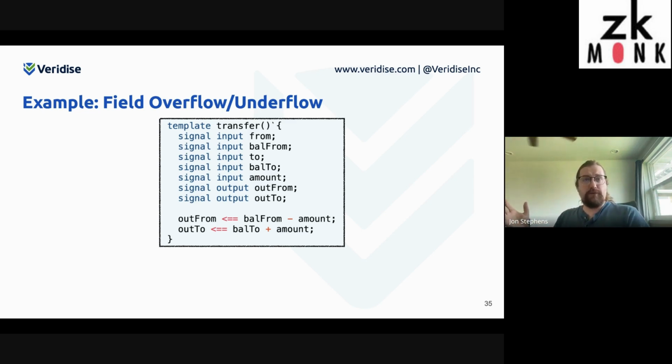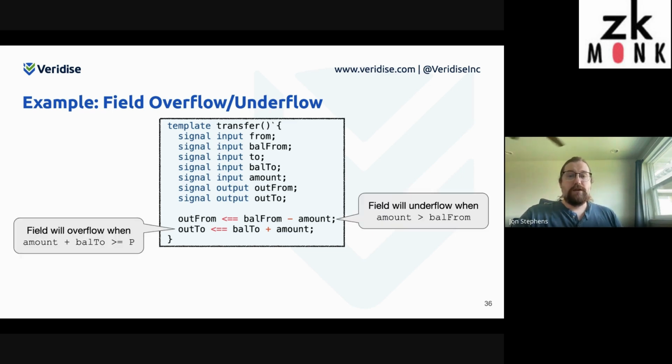People sometimes assume that they have the same behaviors in this ZK circuit domain. However, that's not the case. Circom won't check and doesn't add constraints by default to prevent these overflows and underflows. And so if there happens to be something that will overflow or underflow a field, Circom will happily allow that to happen. And so that means that you need to add in additional constraints in order to ensure that doesn't